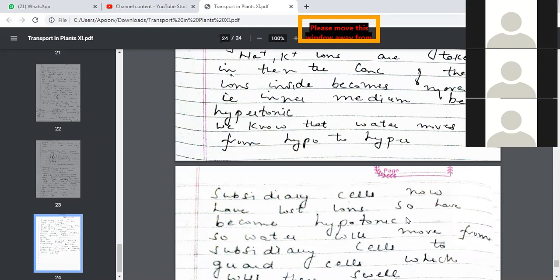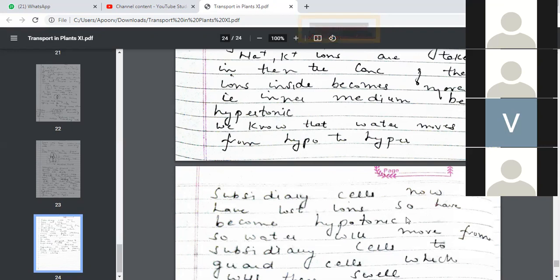Okay, let's revise this. Opening of stomata. Stomata was surrounded by special epidermal cells which are called subsidiary cells, which are very rich in which ions? Sodium and potassium ions. So for opening of stomata, what process will take place? Endosmosis. Which two ions will start moving from subsidiary cells inside the stomata? Sodium and potassium ions. Because of which the inner medium will become highly concentrated with these ions.